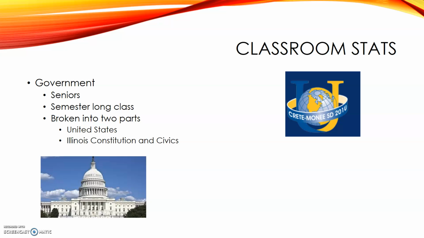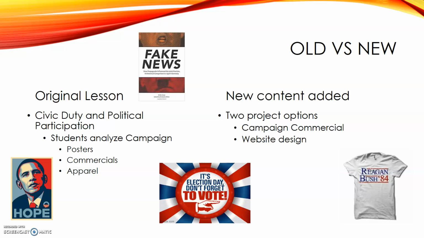Okay, so in there we're looking at some historical components of elections and campaigning. We spend time analyzing different strategies used by campaigns. They are going to analyze campaign apparel, posters, commercials, and other strategies to actually figure out the effectiveness of a political campaign. So as you can see, the original lesson here is all about the analytical standpoint of actually physically looking at the posters, commercials, apparel, things of that nature, all for